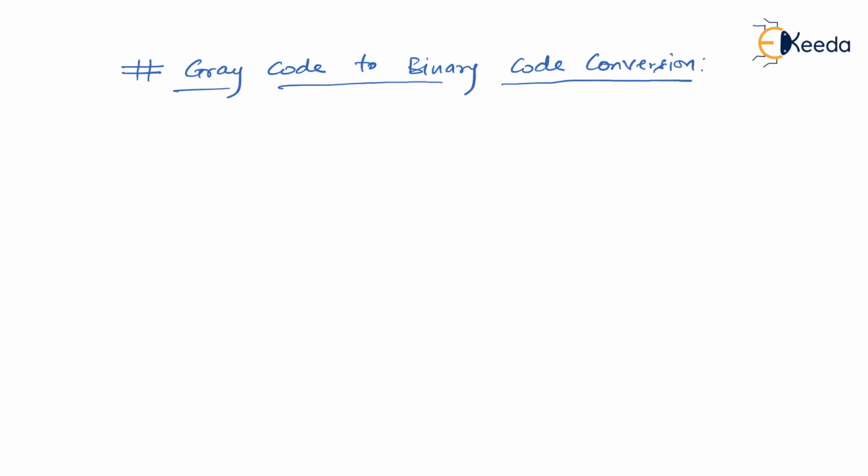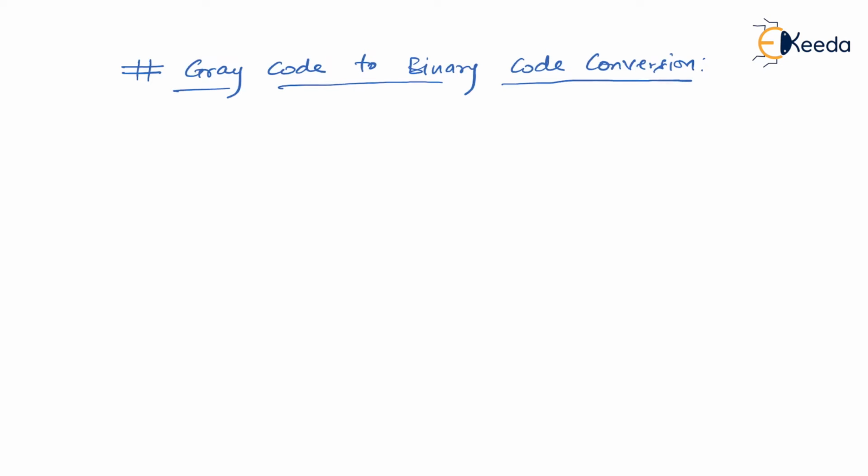As I said, the binary code and the respective gray code will have the same size. So the same theory is applicable even though you are going for a reverse process, when a gray code is known to you and you have to find the equivalent binary code. So the size of the gray code and the size of the respective binary code will be the same.